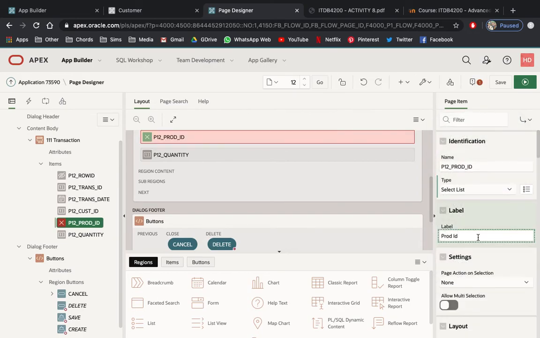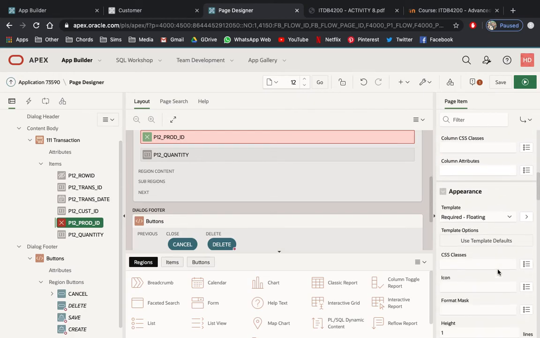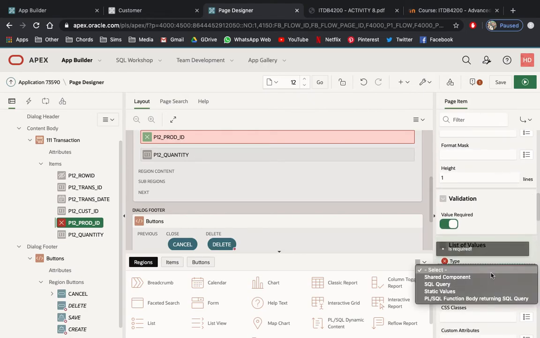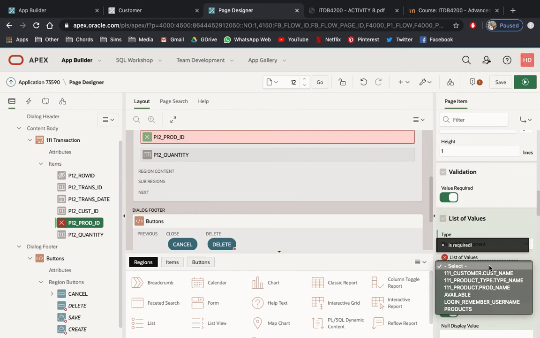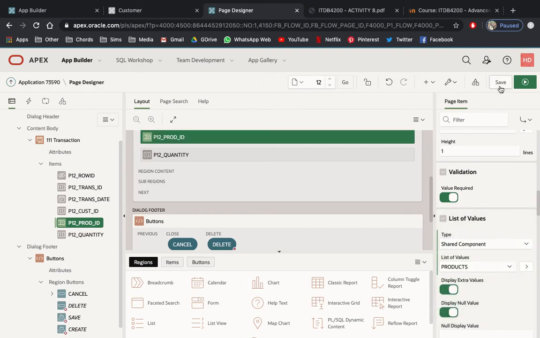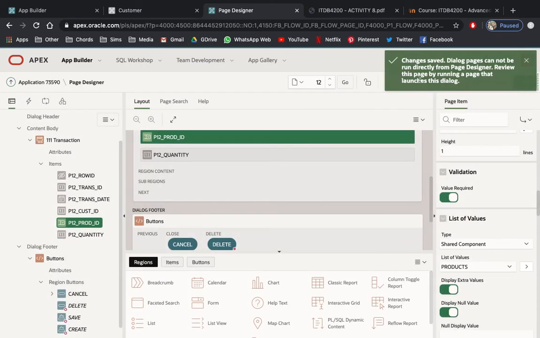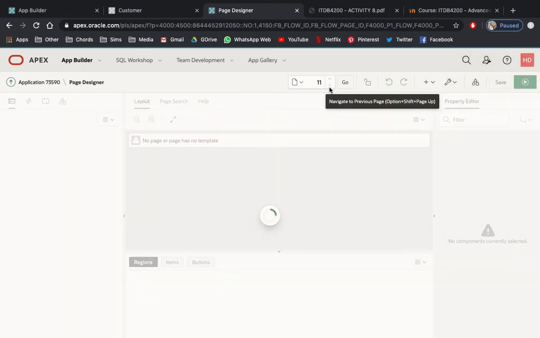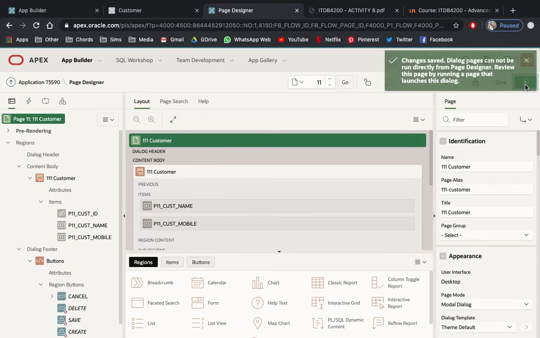The product ID instead now becomes product name, and then of course this would be shared components, and the shared component based on the list of values will be your products. Now save it. Same thing, we could not run this one directly because it's a dialog. We can just head on to the master detail report page and run that one.